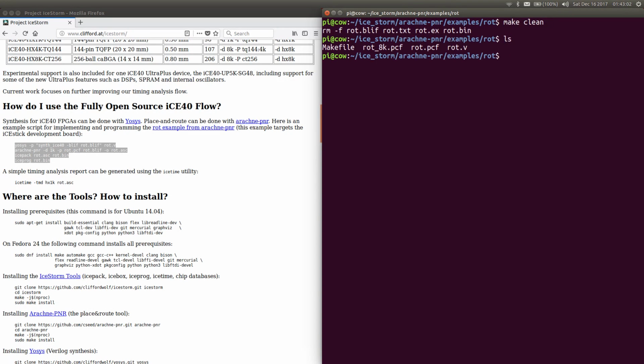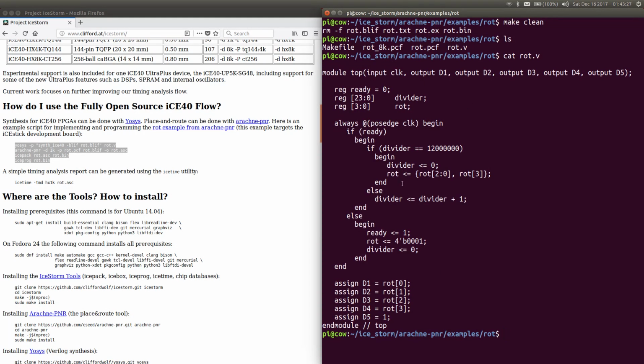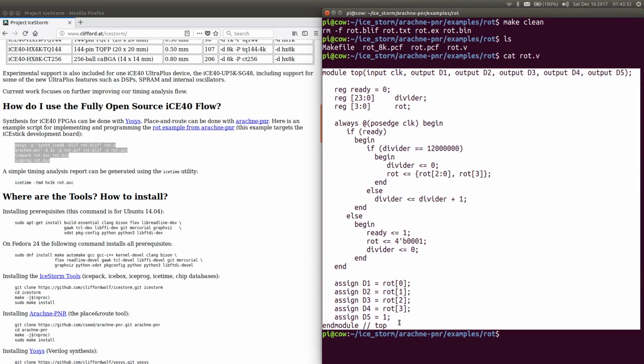And now you can see we only have the PCF and the rot and the make file. The rot_8k is not useful for us right now. It is not considered. So let's just take a look at what rot.pcf and rot.v is. So rot.v. So now what this is basically, starting from here down to this,